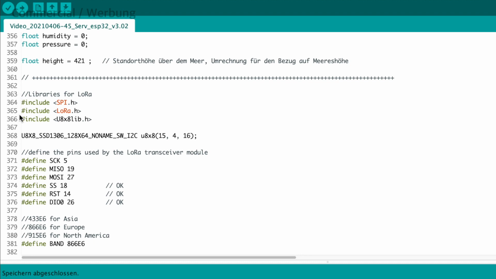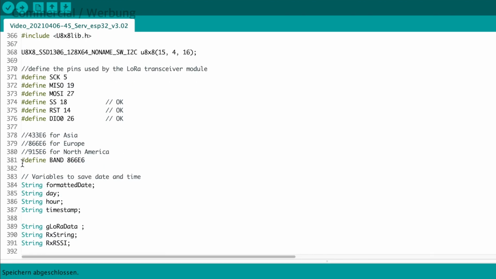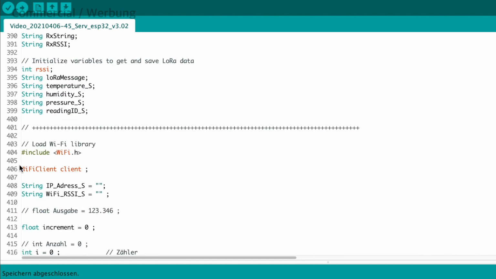Then we have the libraries and definitions for our LoRa transceiver and the OLED display, followed by the pins definition for LoRa. This is the frequency band definition for LoRa, and again a number of string variables to be defined here.